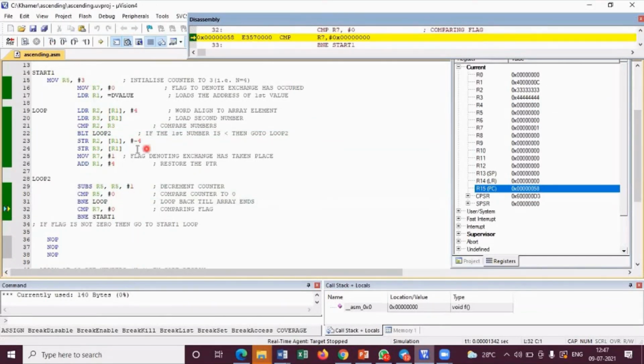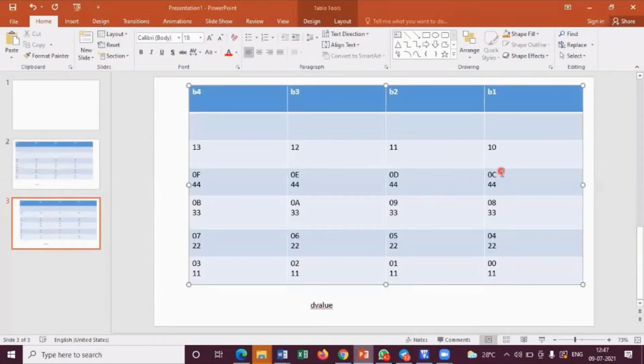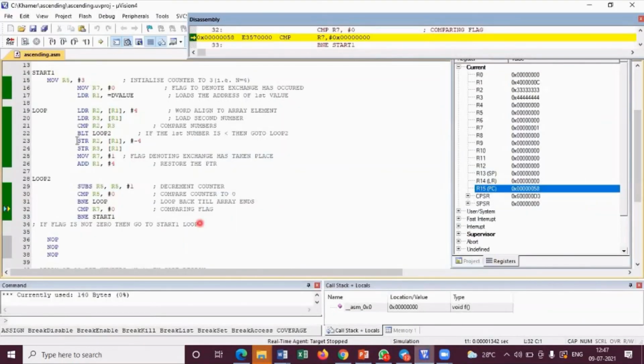And what happens? So over here, where is my CS? These two numbers will be compared now. Correct? So now what happens? This number 3 will be less than 4. Understanding? So here in this instruction, 3 will be less than 4. So it will jump to loop 2. So only here it has come to this part.